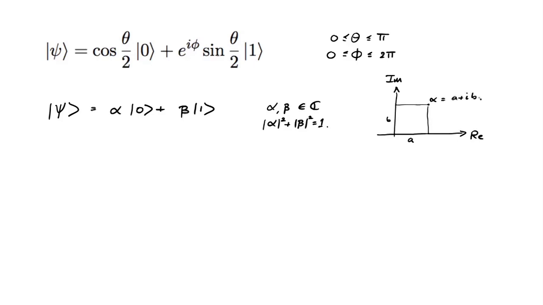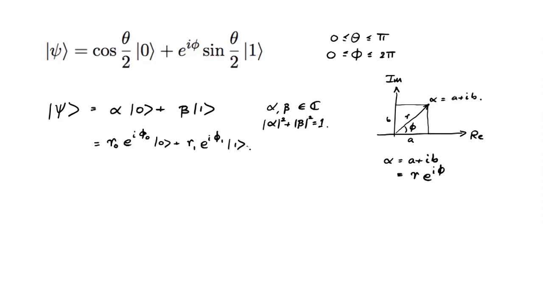or we could also write it in its polar coordinates by specifying the magnitude of this complex number, which we'll call r, and the angle phi. So alpha equals a plus ib, but it's also equal to r times e^(i phi). Let's write out the state in polar coordinates: r_0 e^(i phi_0)|0> plus r_1 e^(i phi_1)|1>,